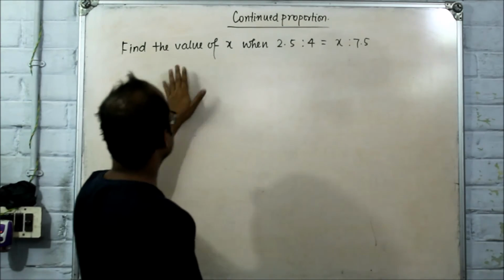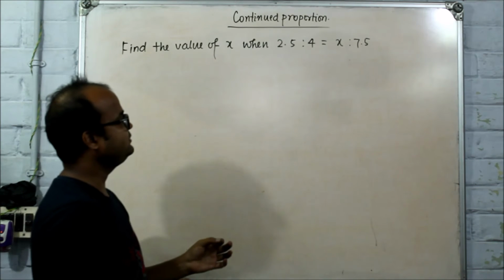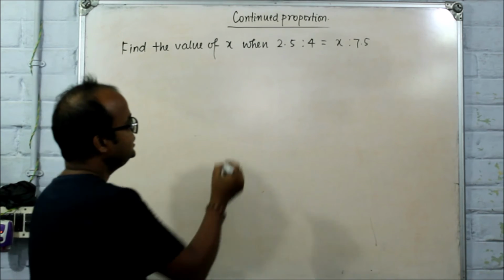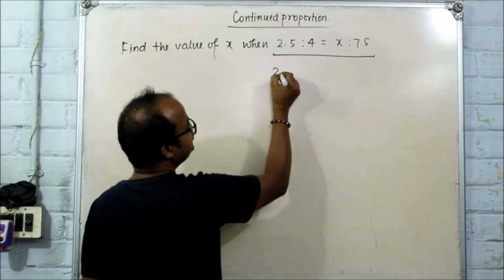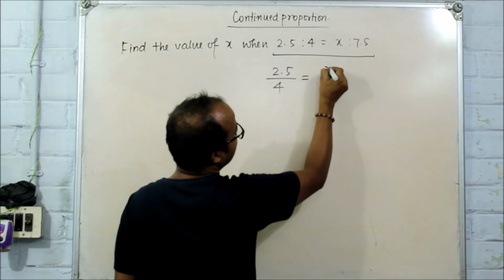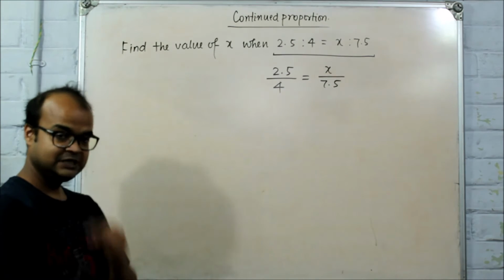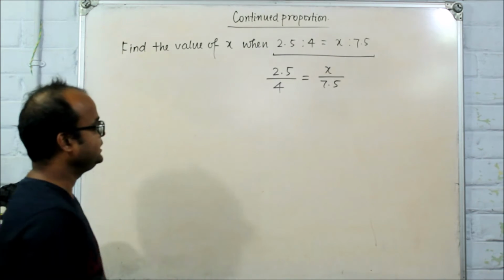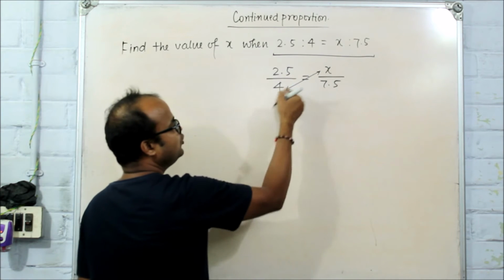Now let us take this sum. Find the value of x when 2.5 is to 4 is equal to x is to 7.5. So now this term can be written as 2.5 by 4 is equal to x by 7.5. Clear? Now next we need to apply the cross multiplication. So if you apply the cross multiplication, you get 4 into x,